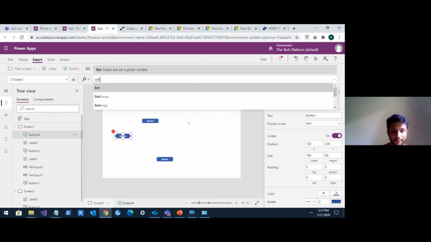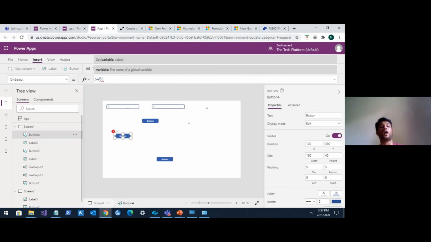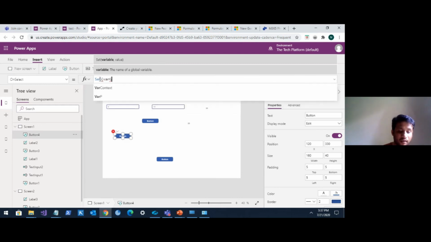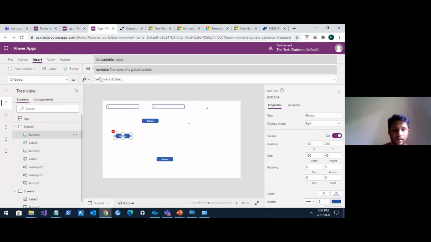If you choose Set, Power Apps is very good at showing you the details of how you're using it. It gives you an IntelliSense kind of structure, where it says this is the format you're going to use. Set the variable. The variable is set to variable global maybe, and then I'll set the value of it